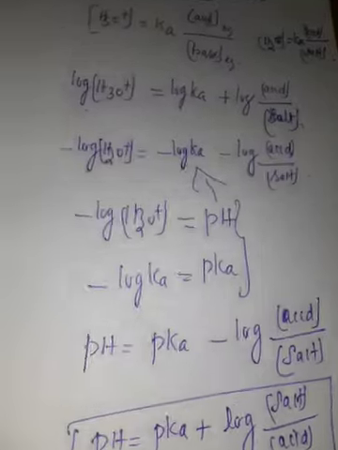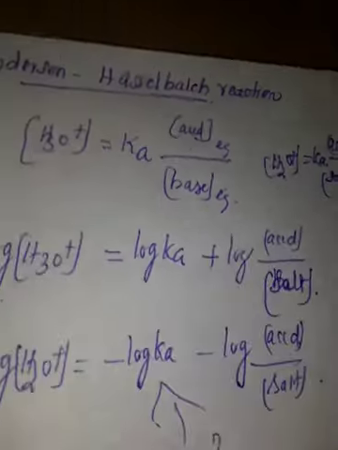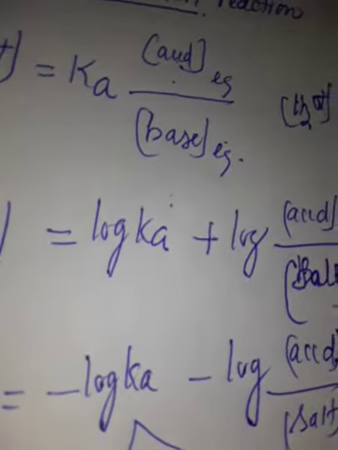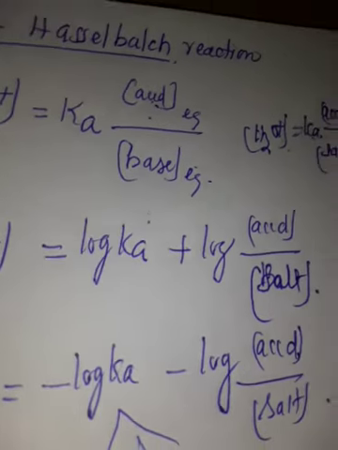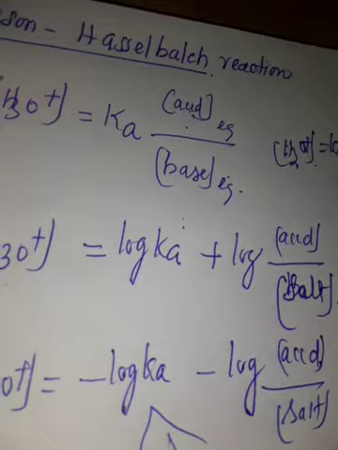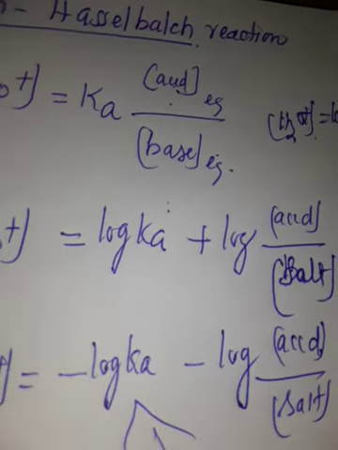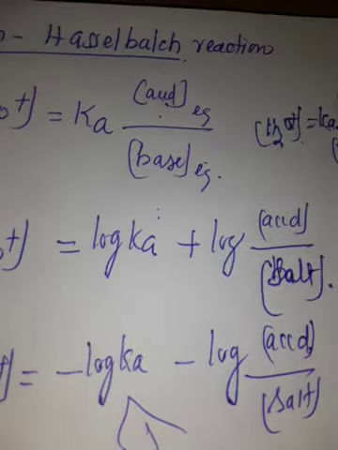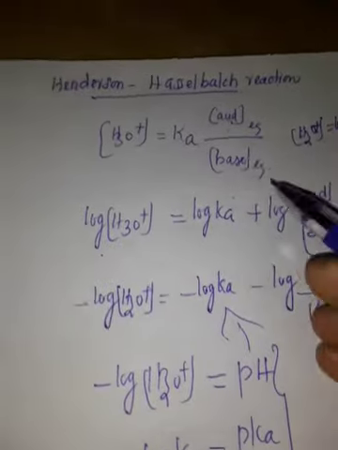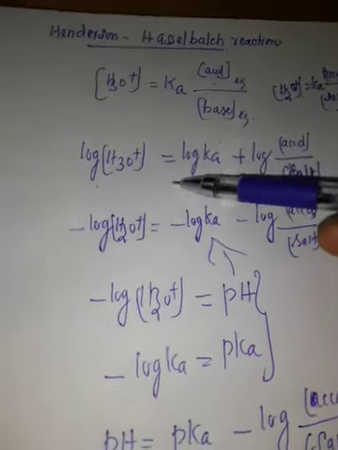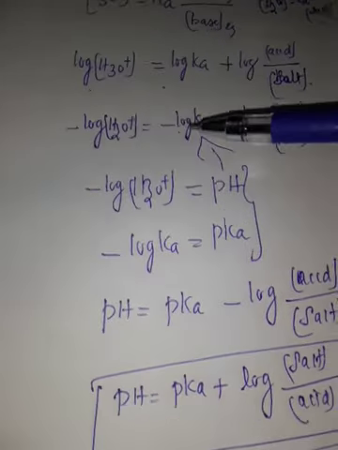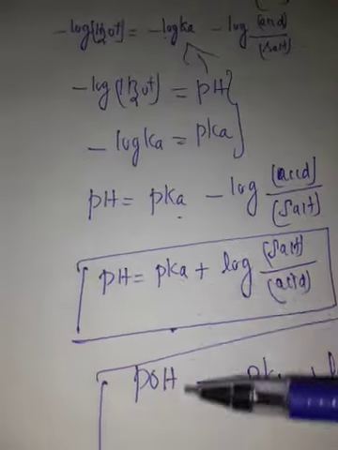It is asked for 3 marks: Derive the Henderson-Hasselbalch equation. First you have to learn this one definition: buffer solution depends upon the ratio of the concentration of the weak acid to the concentration of its conjugate base. Then the base is converted to the initial concentration of the salt. Then apply log, reverse the sign, then bring pH, then pOH.